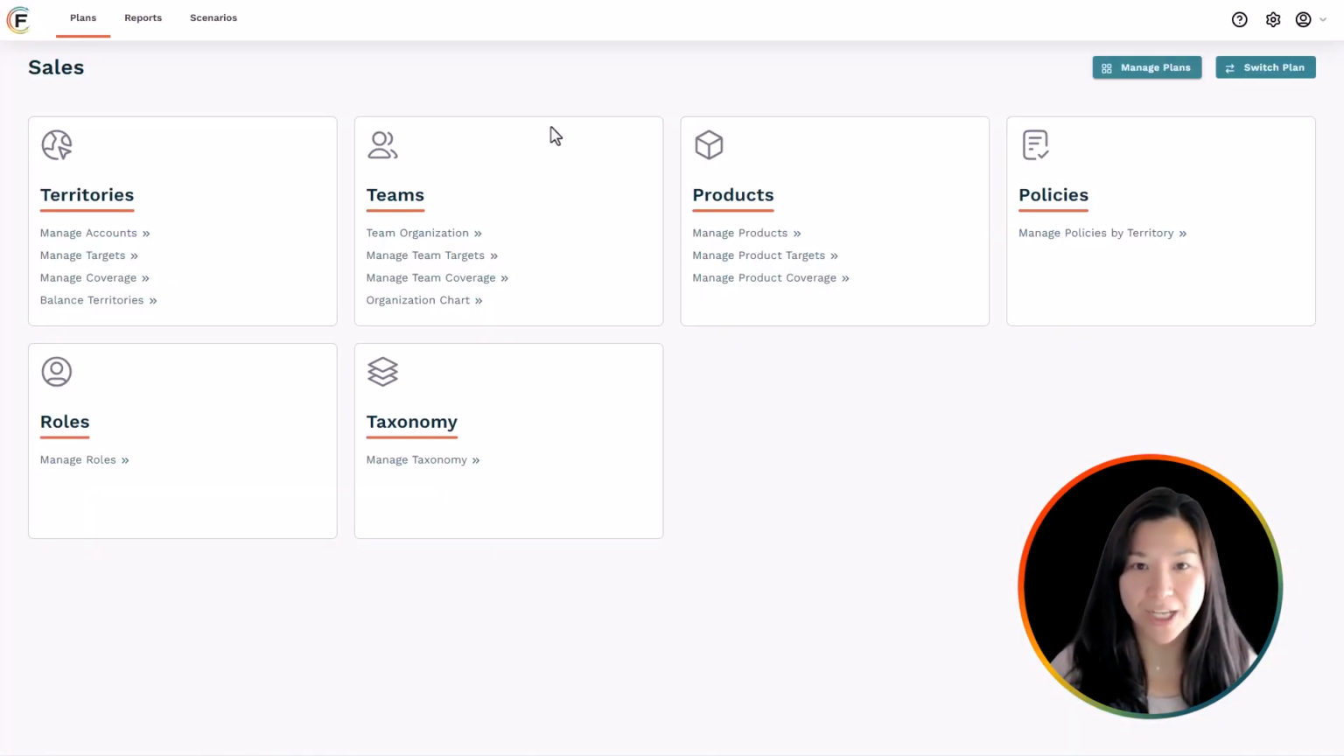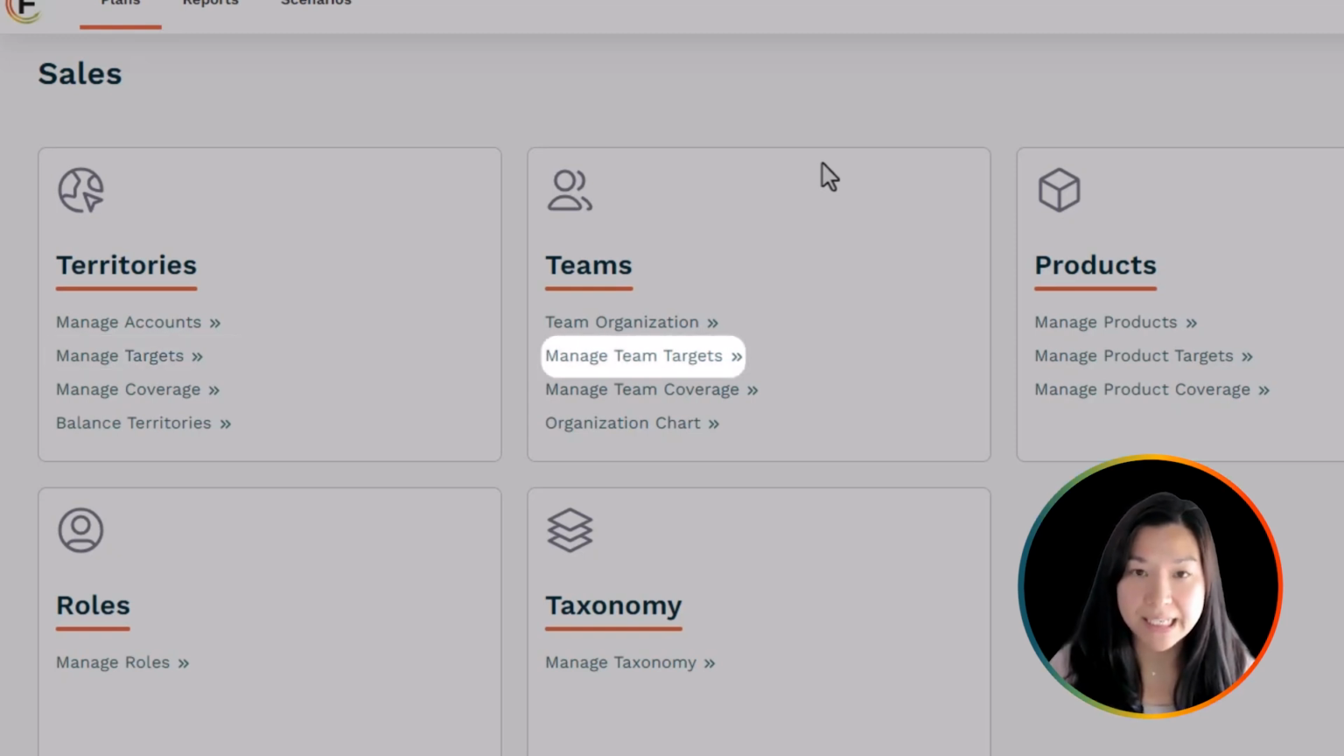This video is an introduction to the targets functionality in Fullcast. I'll highlight the key functionality that allows you to run both a top-down and bottom-up target setting process. When you enter the Fullcast app, the first thing you'll notice is that targets are available in territories, teams, and